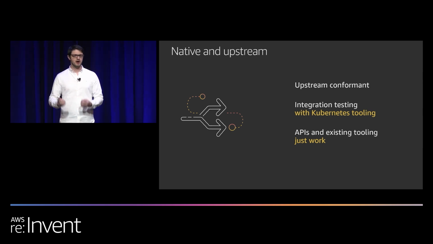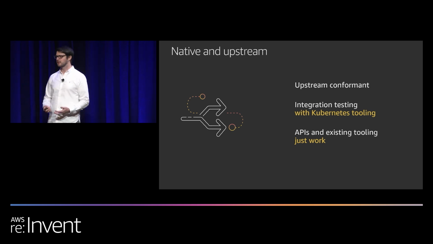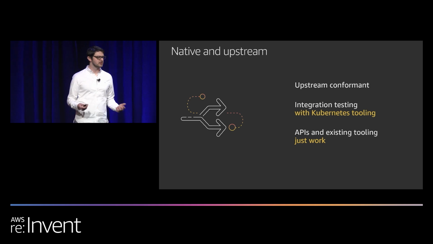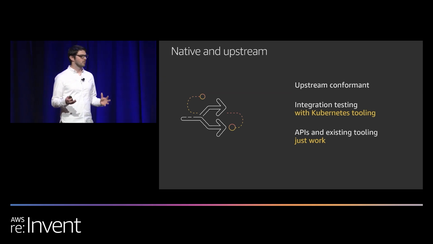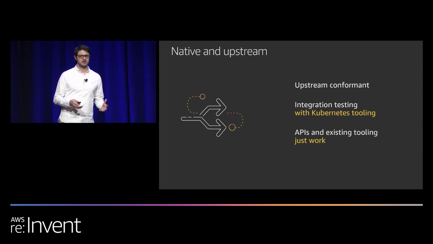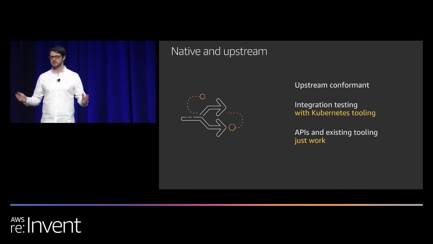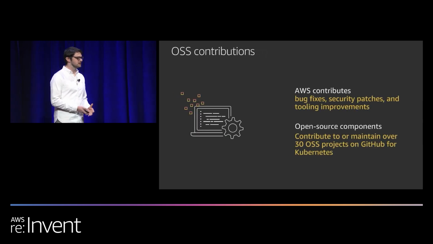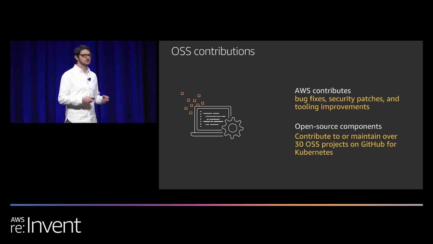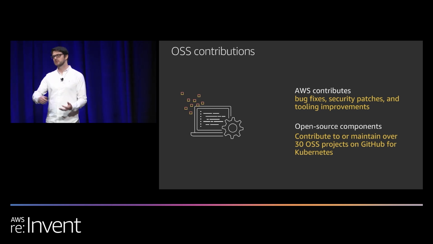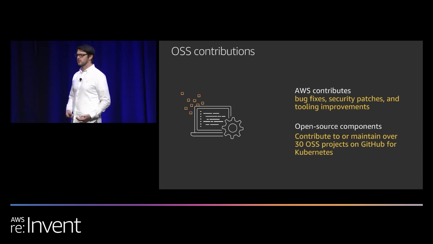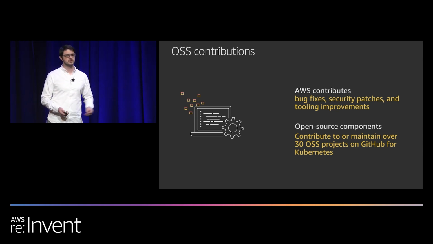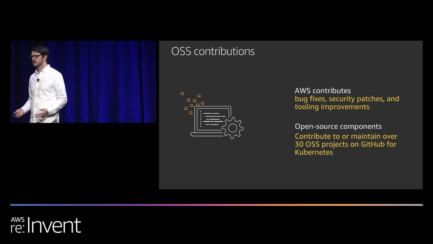And so we run upstream conformant vanilla Kubernetes on EKS clusters. And we believe that this is probably one of the things that really makes this compelling. If we didn't do this, there'd be actually no point to even having the service. And then second, being upstream means being good community citizens. It means doing things that actually make Kubernetes better overall on AWS, but also anywhere that our customers choose to run it. And this is another really good reason why people are using EKS today on AWS.